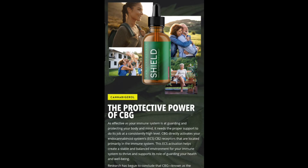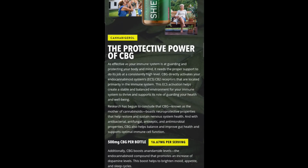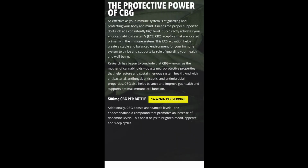Times are unpredictable with toxins in our environments, and I'm really thankful to have the power of CBG plus 18 herbs in this product all together, and I'm going to go over those real quick below. First off, our base here is going to be a CBG product. So we have CBD on the market, but we also now have CBG, and this is going to contain 500 milligrams of CBG, and it has properties that are